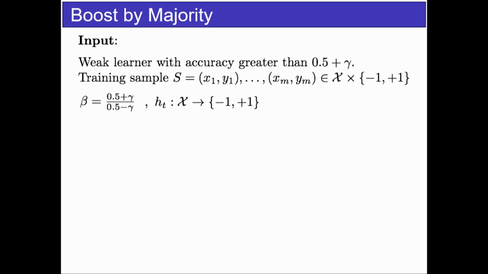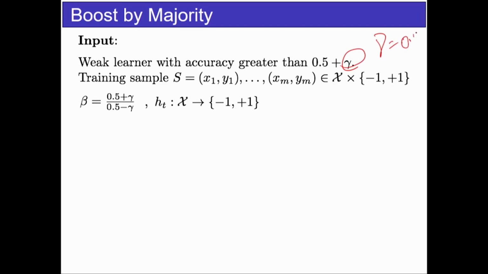So what you need is basically a gamma, which is often called the edge. You need to know that the weak learner is going to do at least 0.5 plus gamma. If gamma is 0, then it's useless. I might just as well toss a coin. There's no need for me to do that. So in the boosting principle, you need to be able to guarantee that your weak learner is going to do at least as well as 0.5 plus gamma. The gamma can be arbitrarily close to 0. It can be 0.001, that's not a problem, but it should not be 0.